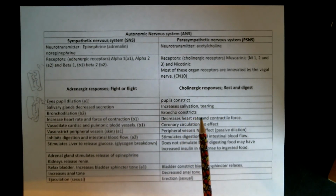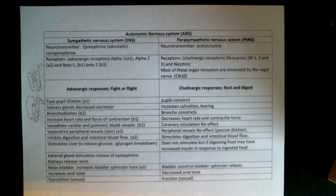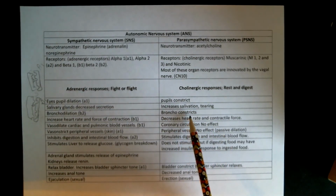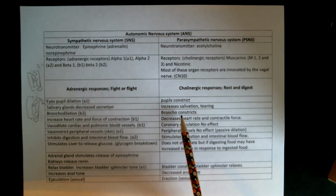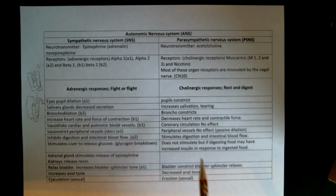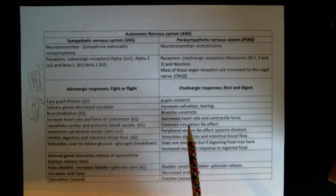And salivation, it's not just salivation, it's actually the fluid and mucus production all up through our lungs and in our intestinal juices. Well, we'll get to that. Bronchoconstricts, right? We bronchodilated here because we needed more air. We don't need more air now, so we constrict. Our system does not want to let all of the air in all the time, right? It tries to minimize the amount of air that we inhale. We don't want to be inhaling more than what we need, because that is a great way for pathogens to get into our system, is us inhaling them. So keep the amount of air that we